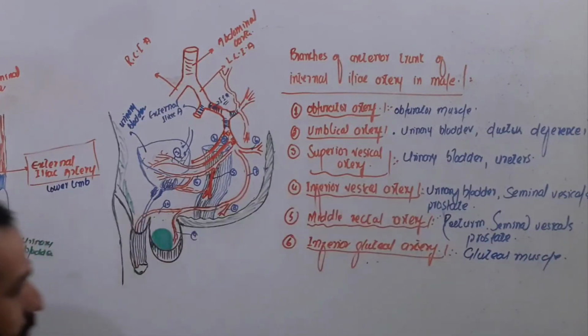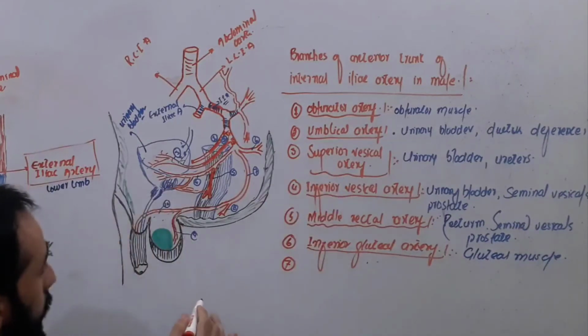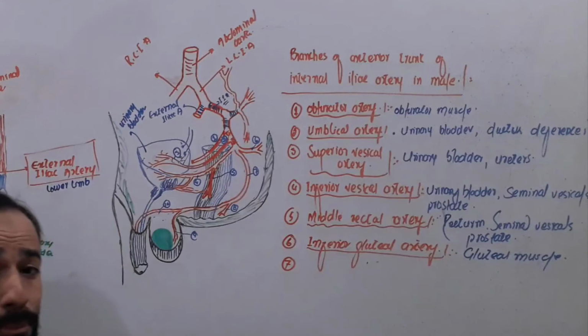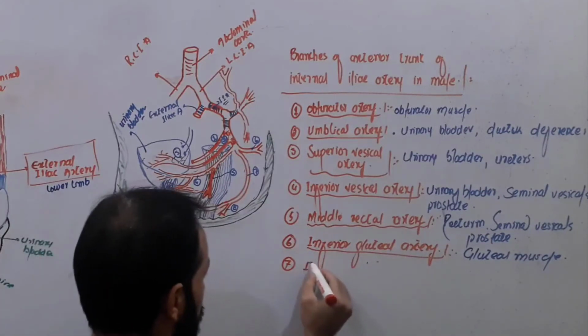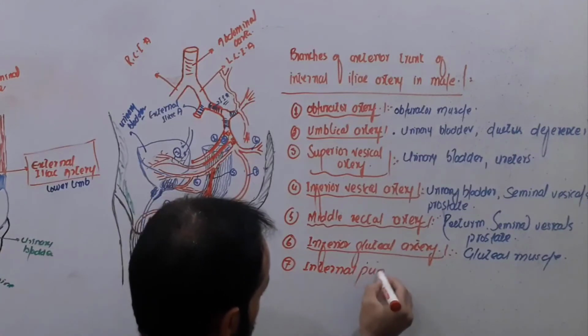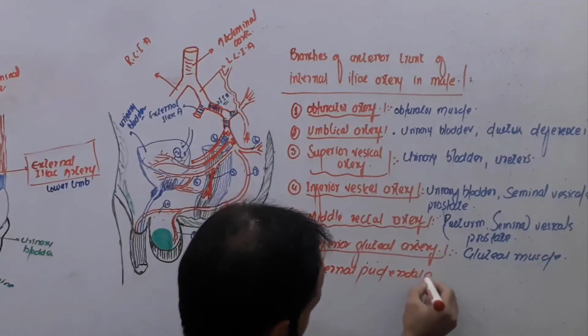Right, gluteal muscle. Then there is the 7th branch of this anterior trunk. In case of males, this one, and this one is called the internal pudendal artery. This is called the internal pudendal artery,